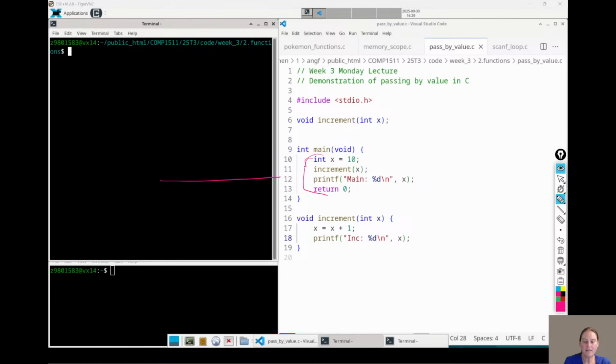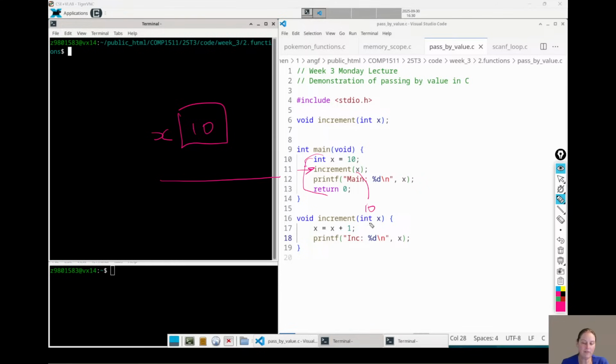So main has a variable called x, and we've got the value 10 in it. Then we're calling this function increment, and we're just passing in a copy of that value. It's just the value 10 that we're passing in.